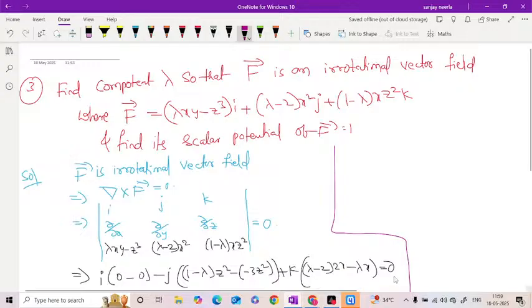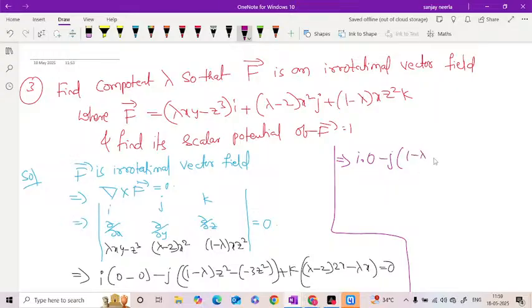Now I into 0 minus j, so 1 minus lambda, so plus 3 into z square, plus k into, so x is common, after separating the x we will get 2 lambda minus 4 minus 1 into x is equal to 0. So I into 0 minus j, so 4 minus lambda into z square plus k into,